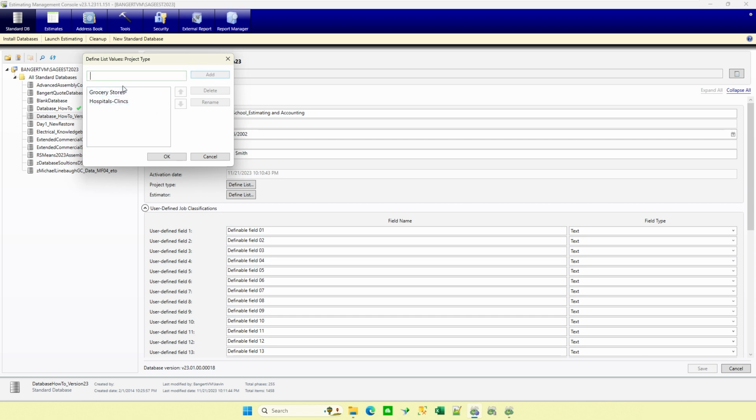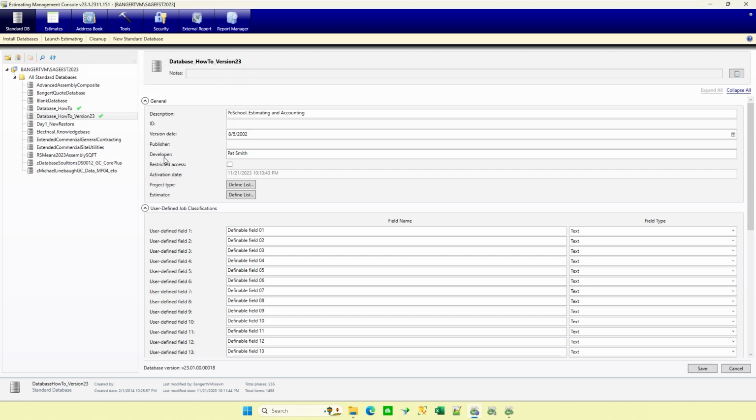It's maybe, I don't know, hotels. And you get kind of the general idea there. The main purpose here is I'm building consistency, because this is going to be a list that estimators will see when they build estimates, and they'll have to stick to something that's on this list so I can really keep things consistent. I don't have to worry about whether someone spelled it uppercase or lowercase or something different. To my knowledge so far, there's no limit to how many can be put in here. So you can put in a pretty good sized list of whatever you want those different project types to be.